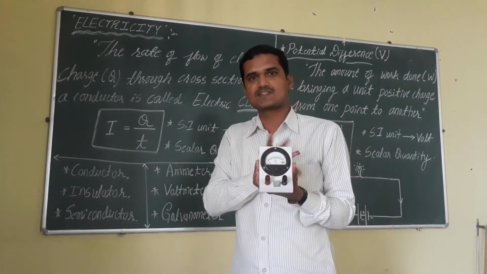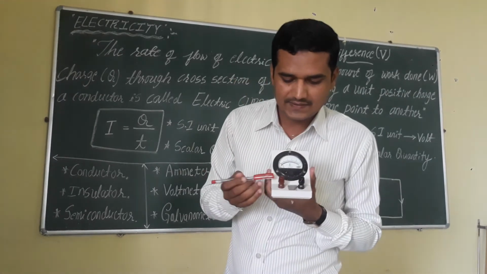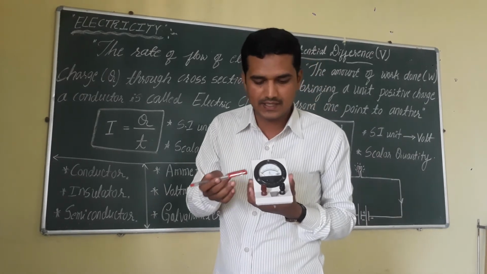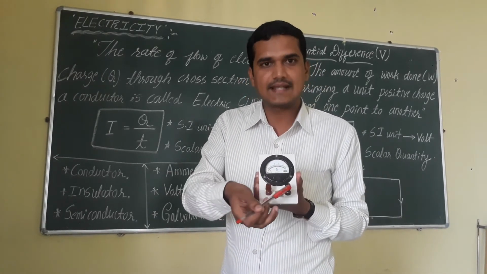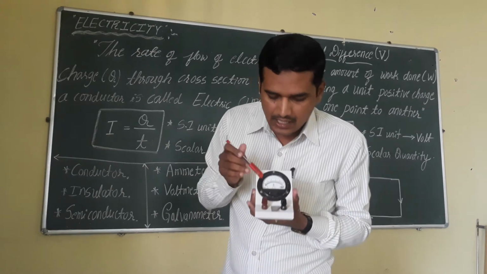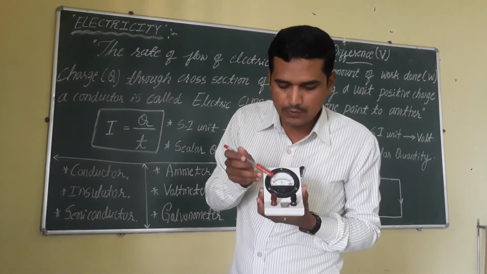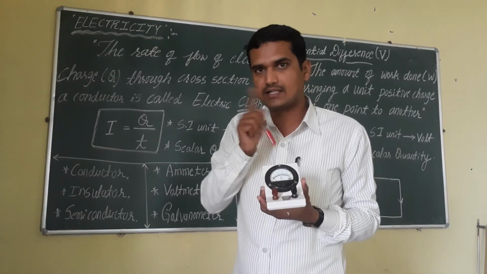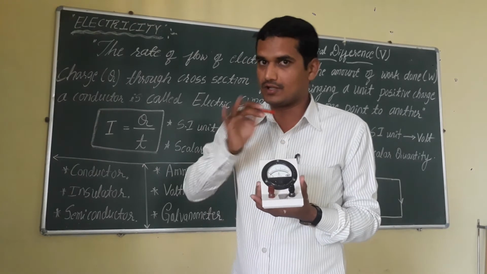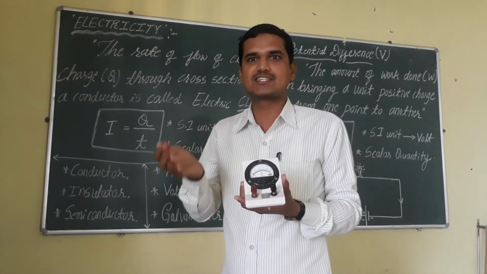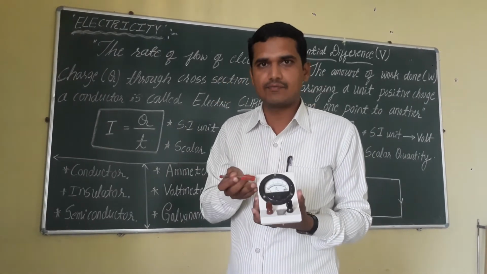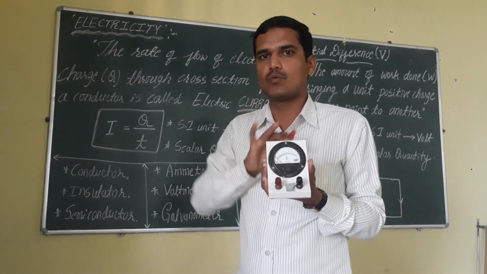Same as usual, it looks like a meter only, but the difference is that the deflections are marked 1, 2, 3, 4, 5. These are the readings, a variety of readings you are going to observe here. This is the positive terminal of the voltmeter, and this black one is indicating the negative terminal of the voltmeter. This is the reading you are going to see. Suppose it is showing the 13th deflection, then you should read it as 1.3 volts. Okay, for this device only, not for all devices. It depends upon the least count and some other concepts. And suppose it is showing the 15th deflection, you should read it as 1.5 volts, like this.